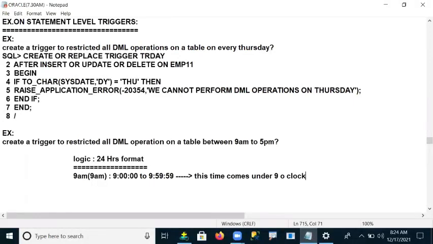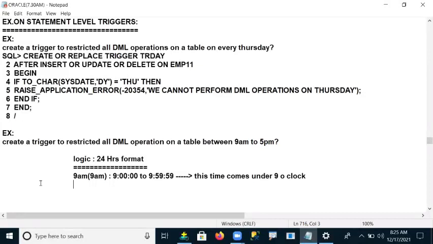Same pattern. My restriction is up to 5 p.m. exactly. If it is more than 5 p.m., then operations are allowed, because my restrictions apply only up to exactly 5. After 5, no restrictions, I can perform my DML operations. So how to take this one?